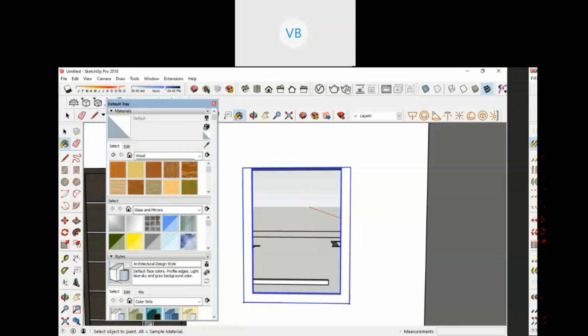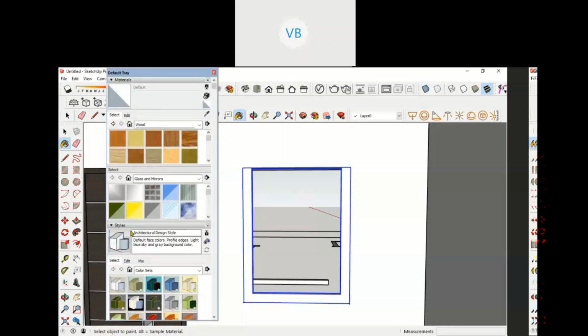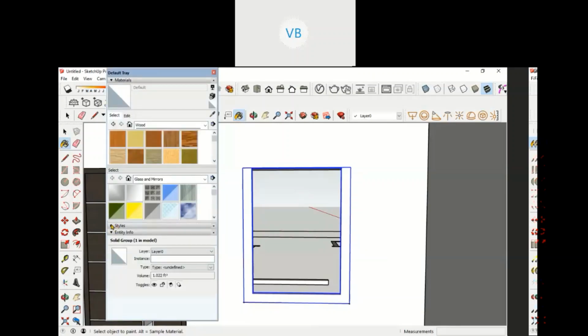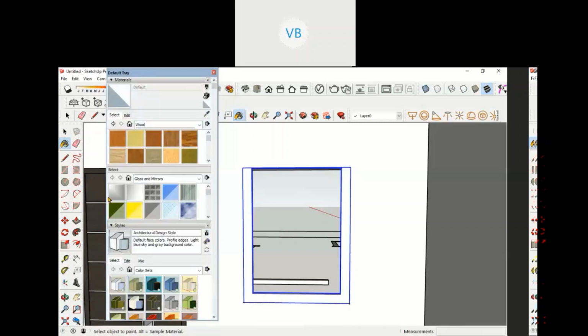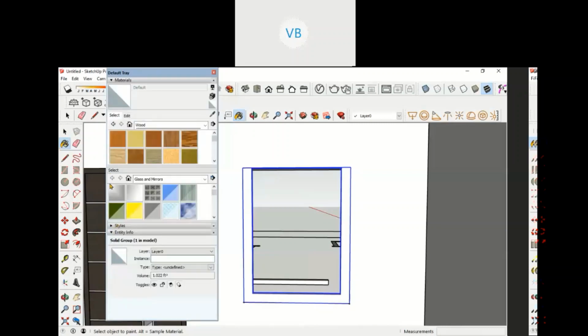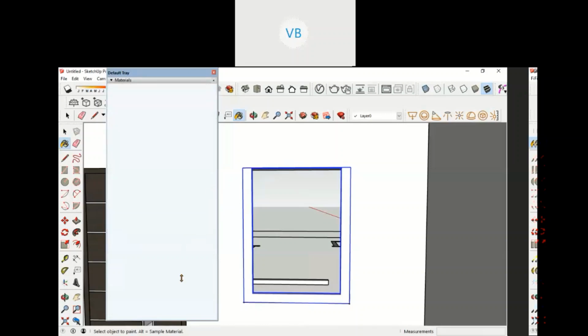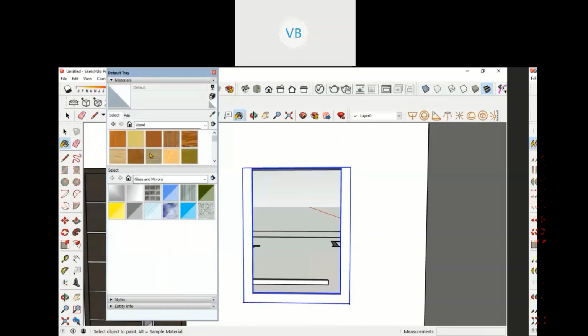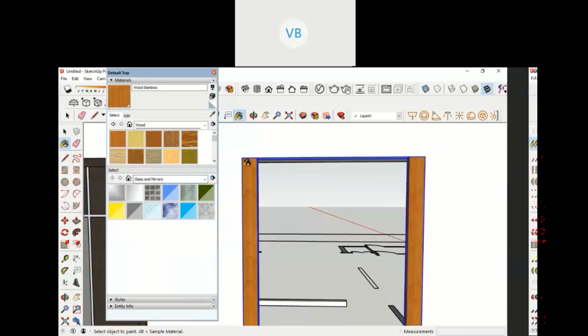I'll hide all the things. So okay, let's say I selected this wood. I can apply this wood over here directly. As simple as that. Okay, now దీంట్లో కూడా let's say you might have to make some changes, right?